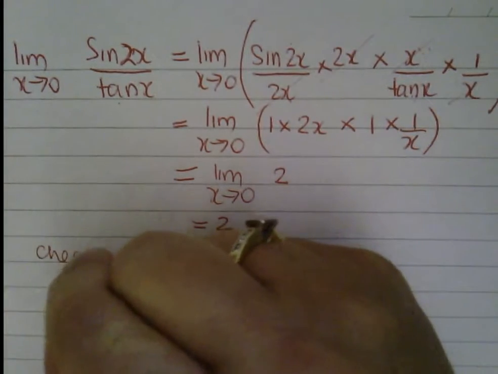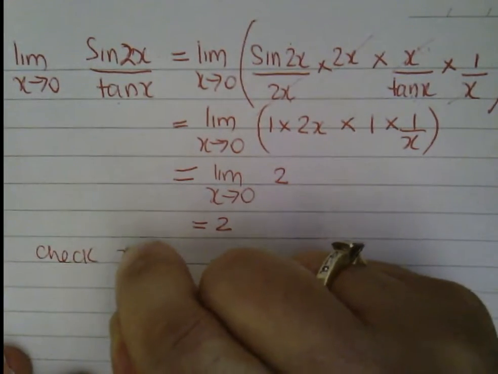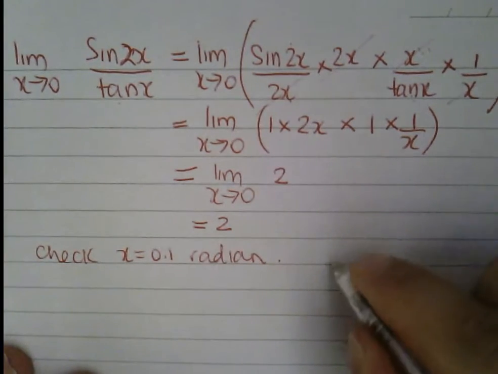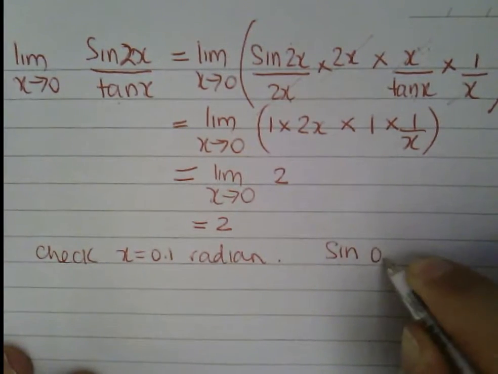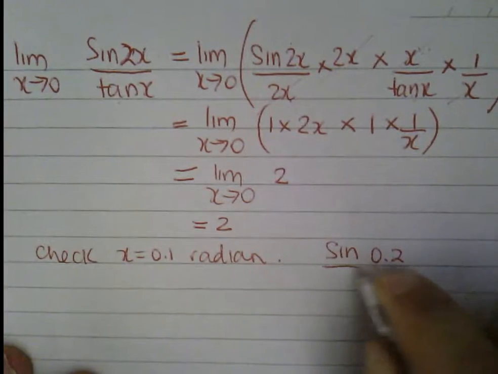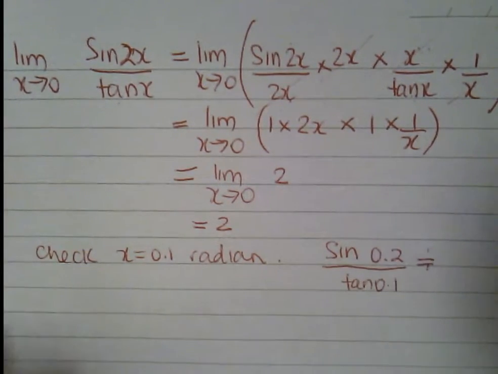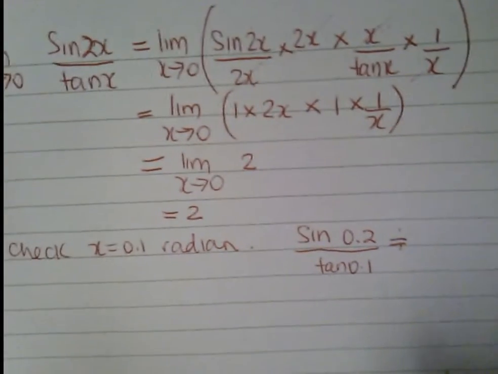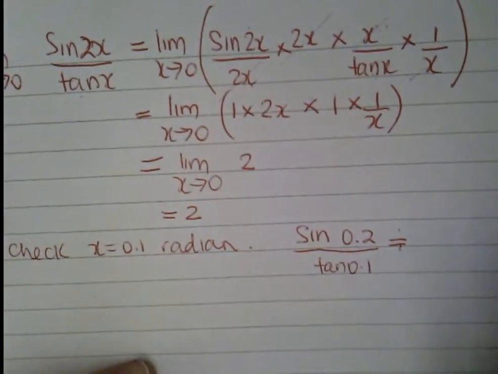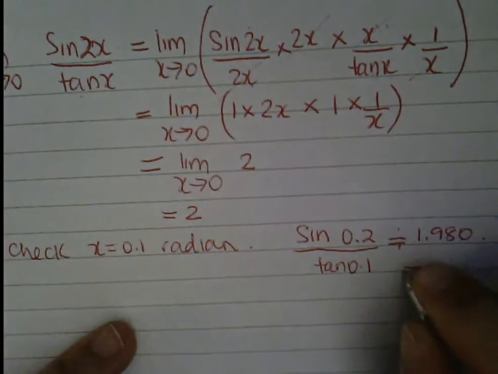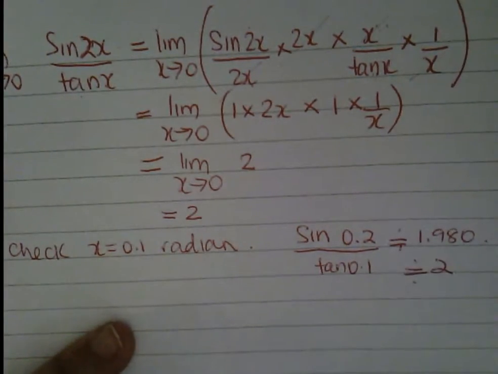So you can check your answer by putting x equals 0.1 radian. Make sure you're in radians mode. Therefore, you'd go sine of 2 times 0.1 is 0.2 over tan of 0.1. And you should get